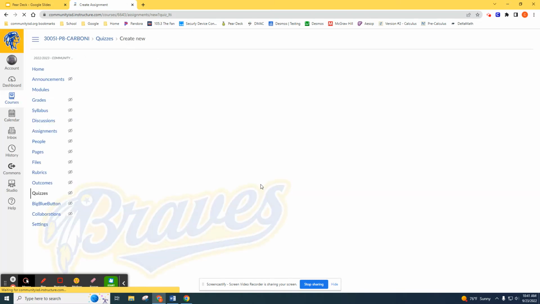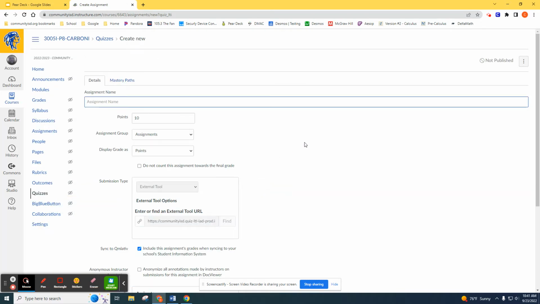As we jump in here, the front page we're going to have is the details page. You can name it, give it points, all that good stuff. So we're going to name it just example today. You can give any amount of points, 1 through 100, however you want to do it. It will auto grade according to what points you want to give. So I usually just do 100